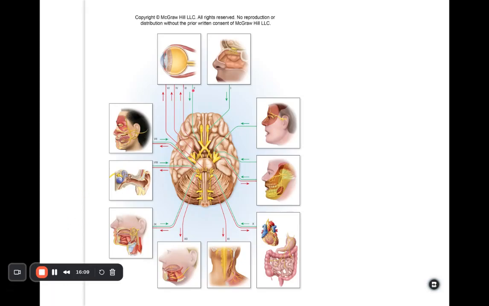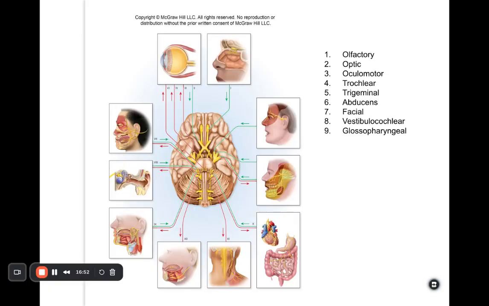Here you can see the Roman numerals. So 1, 2, 3, 4, and then down here is going to be 5, and then 6, 7, 8, 9. Over here's 10, and then 11, then 12. They're kind of numbered. The most anterior and superior are first. The ones that are most posterior and inferior are last. So here they are in order. 1 is the olfactory nerve, optic, ocular motor, trochlear, trigeminal, abducens, facial,